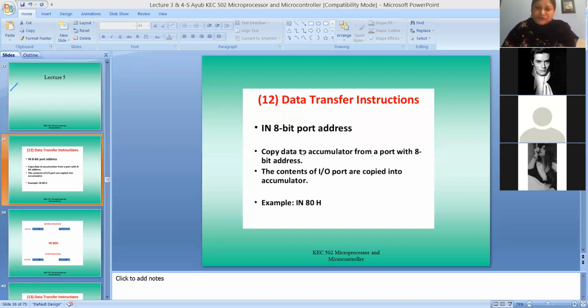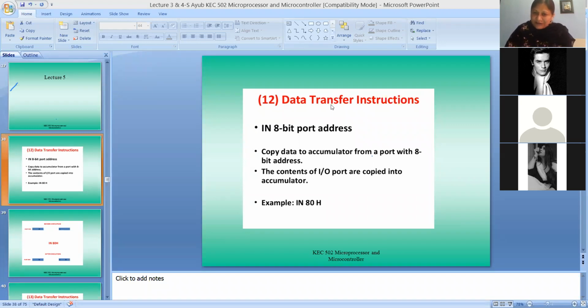Yes, we were talking about the IN instruction. This is also a data transfer instruction, where the data comes into the accumulator from the port. That port is not available inside the 8085, because we have already seen that the 8085 microprocessor does not have any input output devices or memory devices inside it. It has only an instruction set. So where are these devices available? They are externally connected to 8085, and we should know which device we have to refer to, so each and every device should have an address.